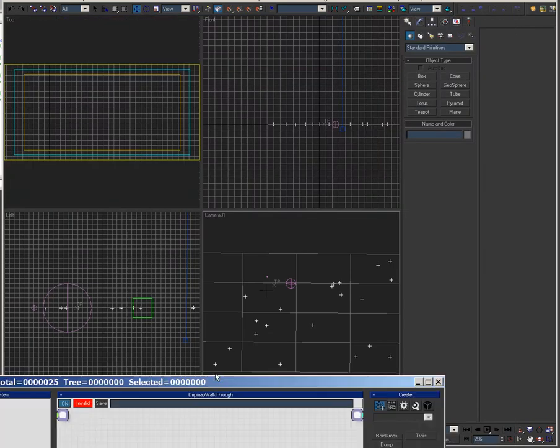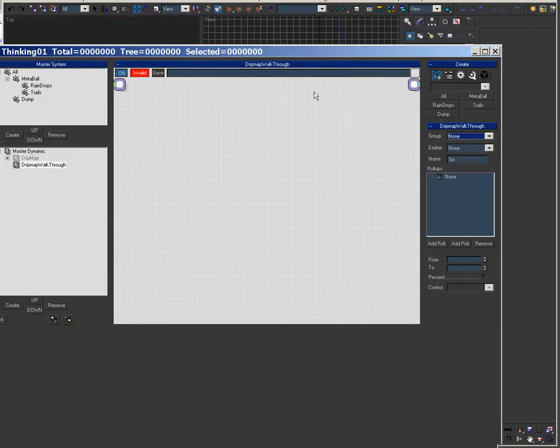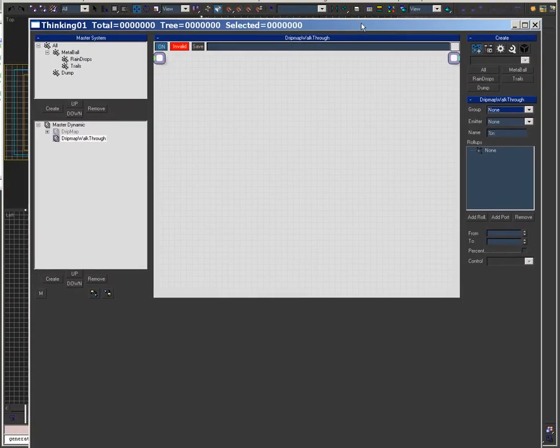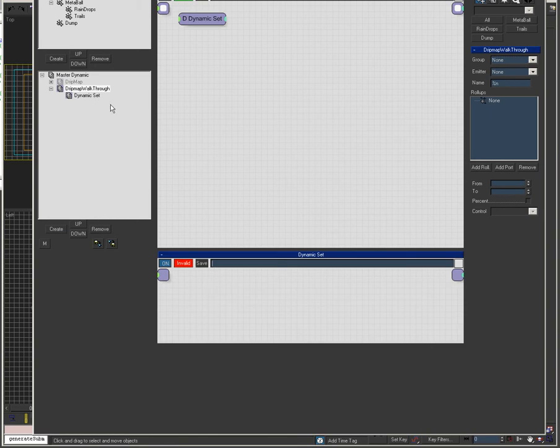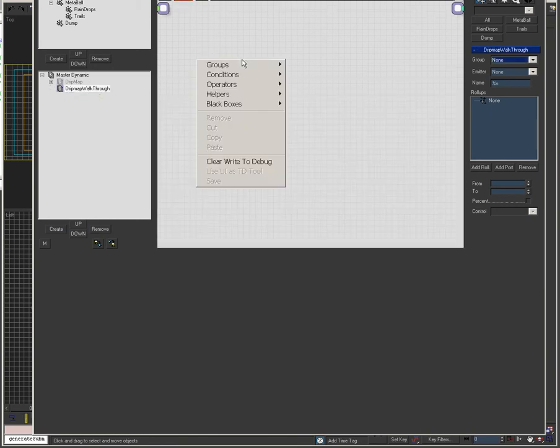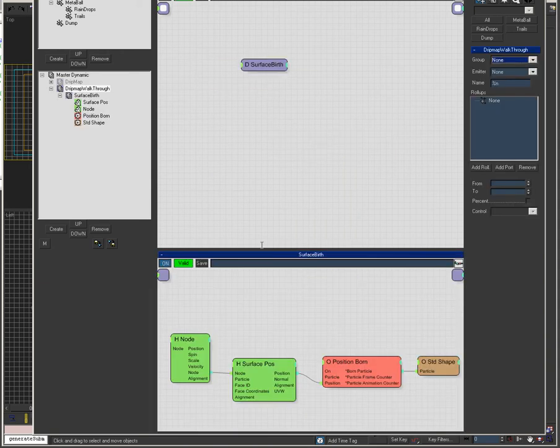So I'm going to try to walk through this, and I messed up the video before. I was building TP down here and just talking about it, and you just stared at the screen. Epic fail. Let's remove that. So I got a black box mission, surface birth, and this allows me to pick a node,